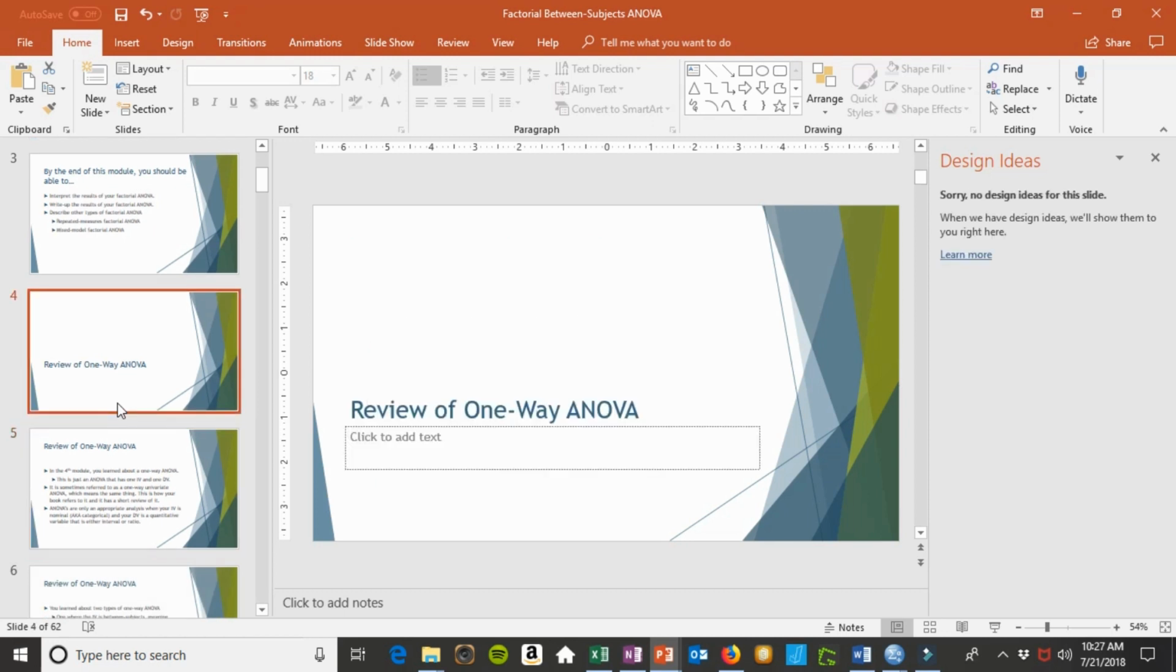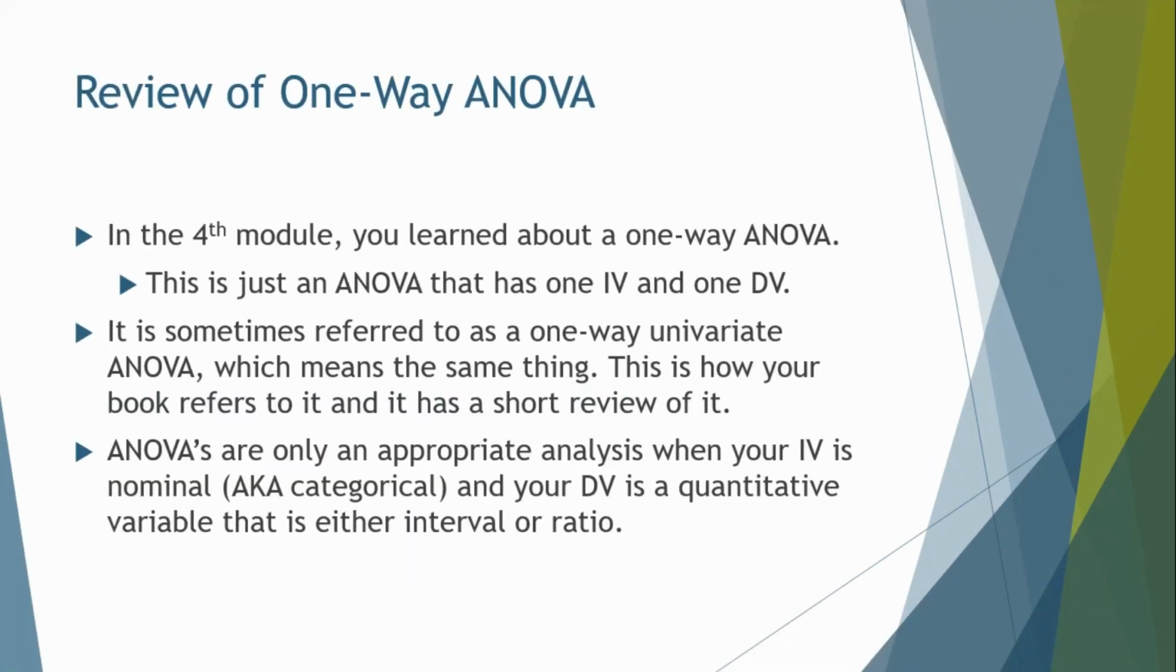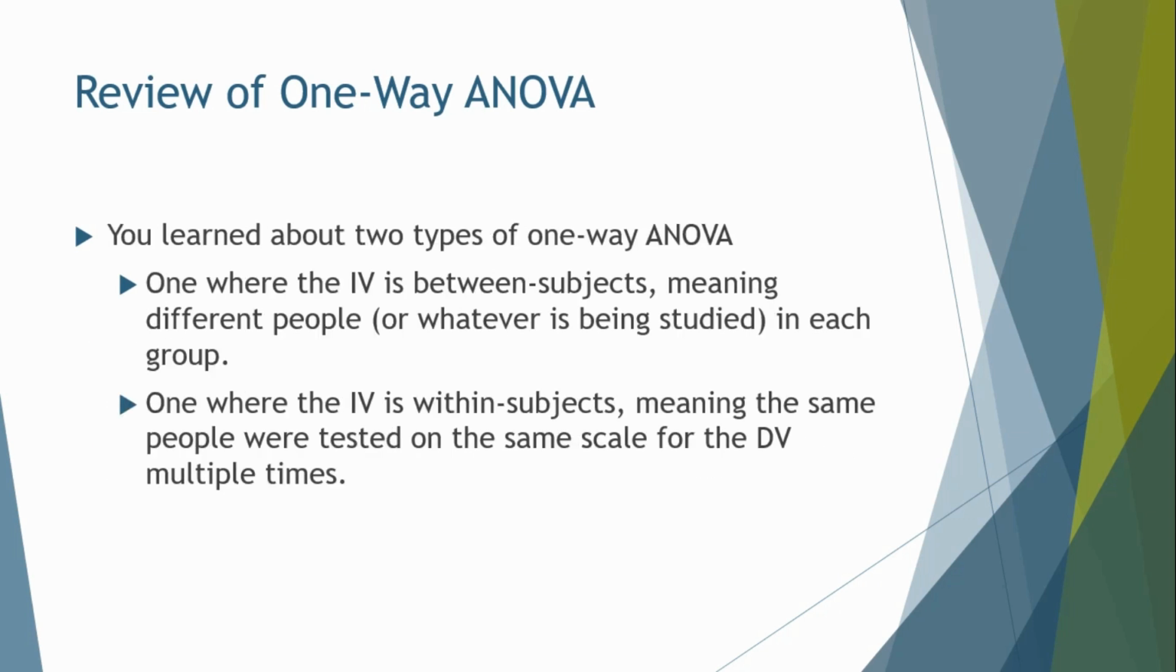I want to just review one-way ANOVA real quick because some of you are still, I think, a little shaky on what the F ratio tests. So I'm just going to go through that real quick. So in module 4, you worked with a one-way ANOVA, right? That's sometimes just called a one-way univariate ANOVA. Your book is going to refer to it as that, and it has a small section that reviews one-way univariate ANOVA at the beginning, so that can help you a little bit. But